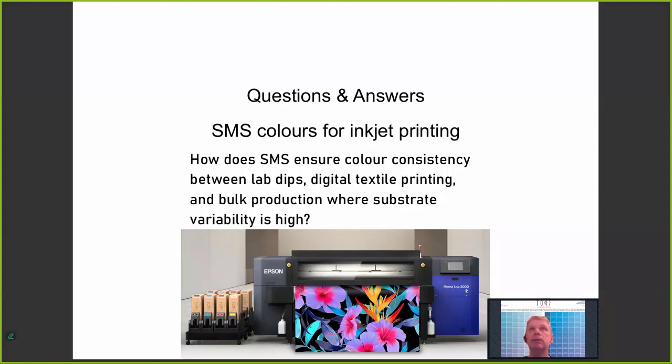How does SMS ensure color consistency between lab tips, digital, textile printing, and bulk production where substrate variability is high? And this is from a customer in the textile industry. So they are concerned about variations in the substrates, which may be cotton or polyester, etc. So our answer to this is